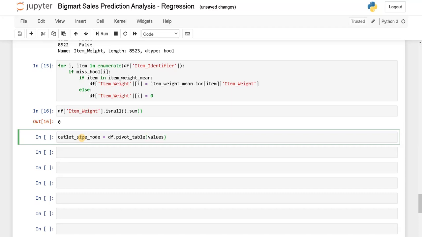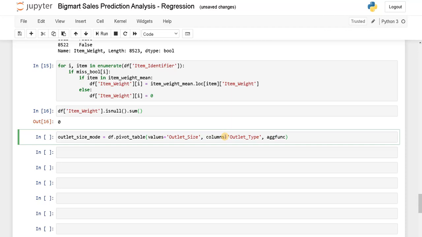Values will be outlet size. Now we need to specify the column we are going to aggregate. Columns equals outlet type. Now the aggregation function, agg func.